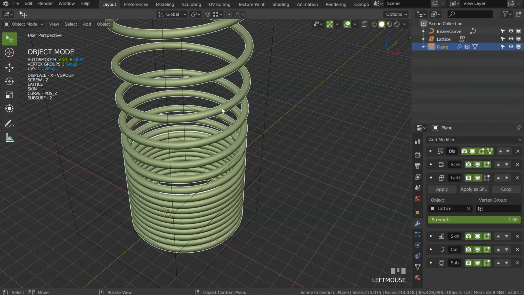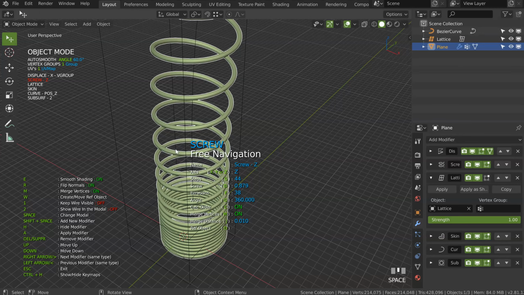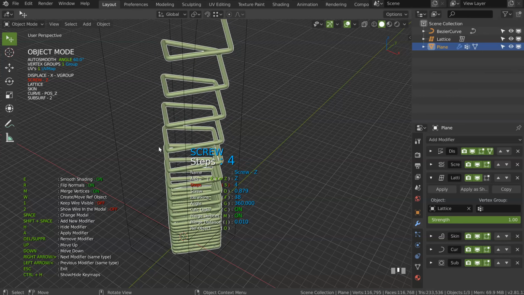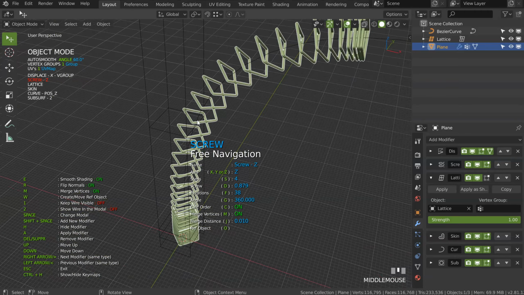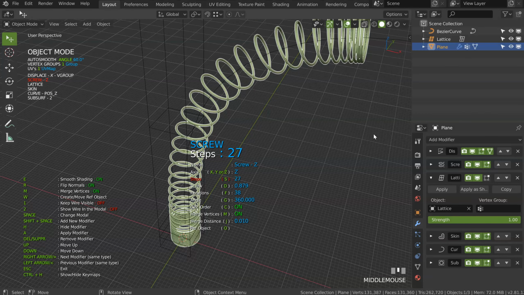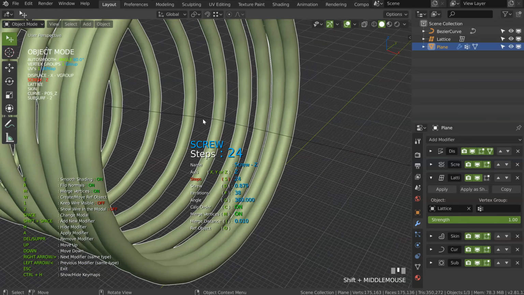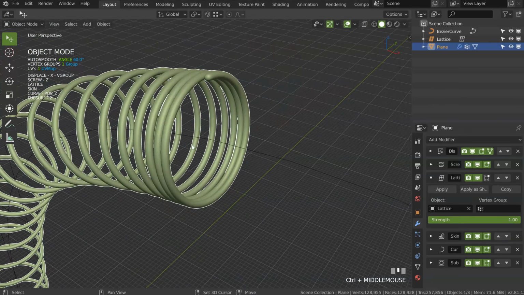If you want more or less subdivisions, you can change the screw. You can decrease this up to even make something like that. This is also interesting, as you can see. You can increase this like that, and the more you increase it, the more results you will have. So if I decrease, as you can see, you will have something way better.